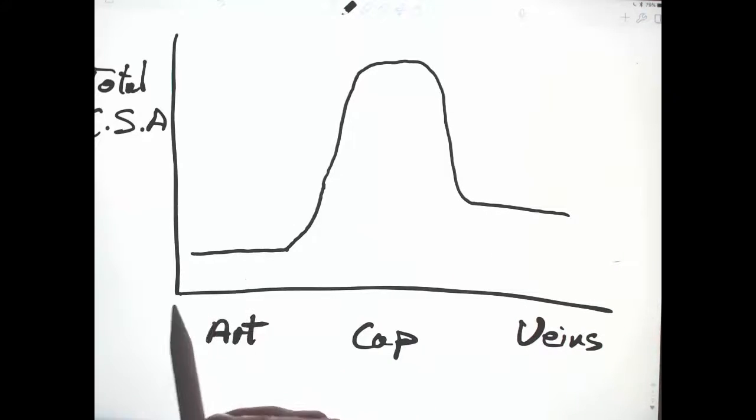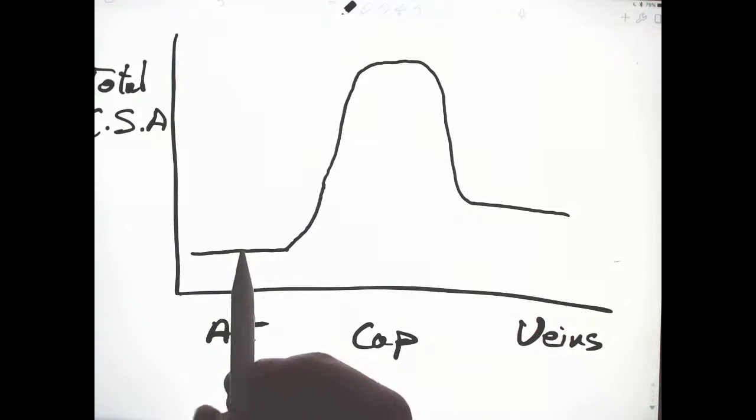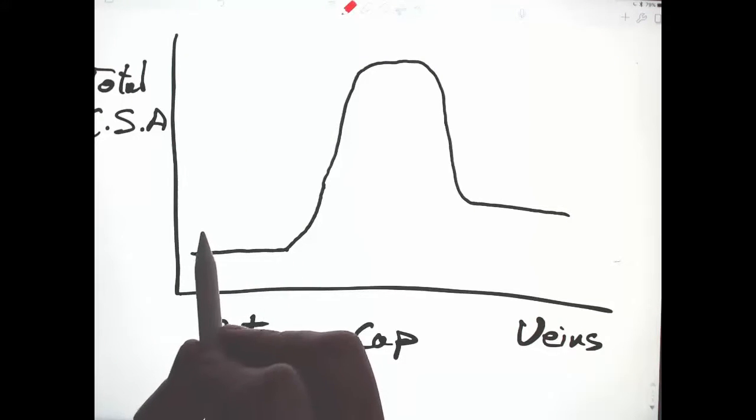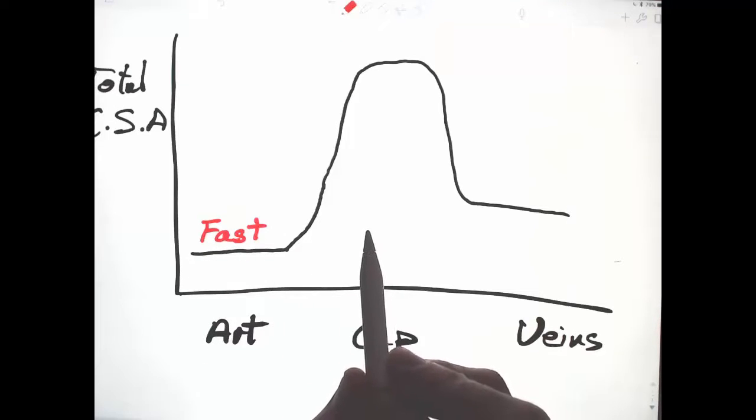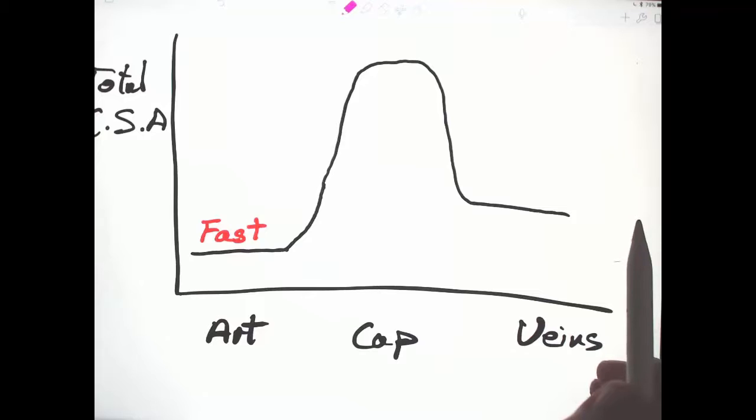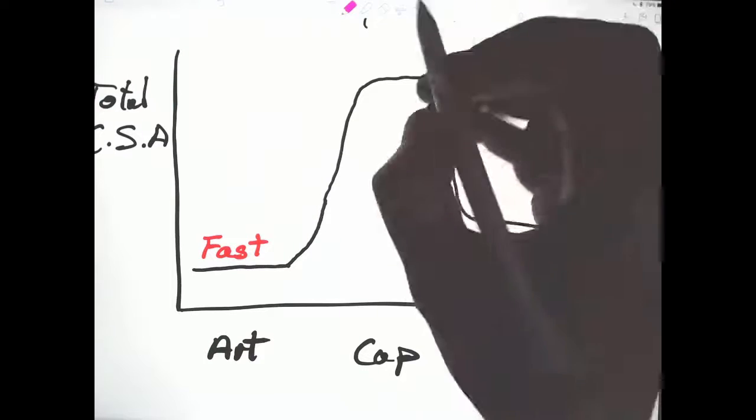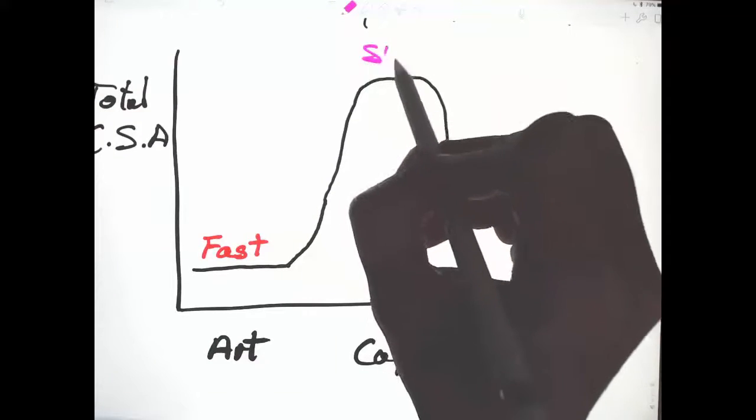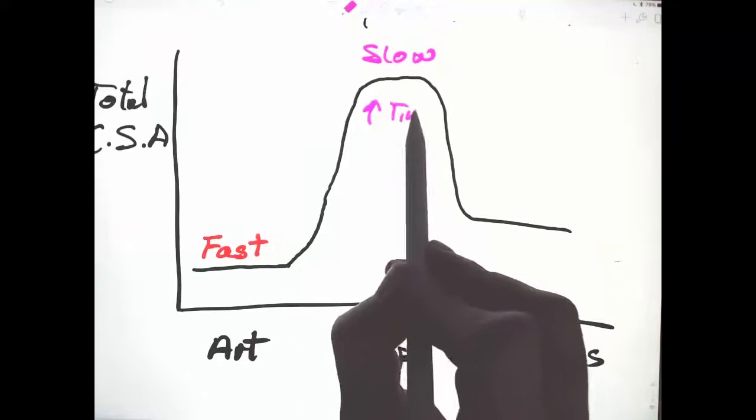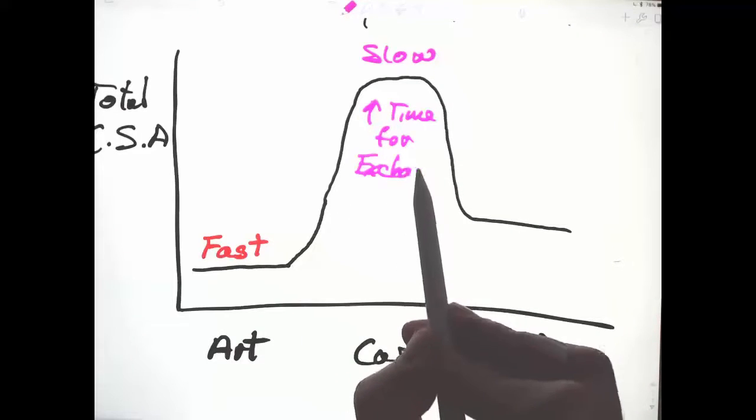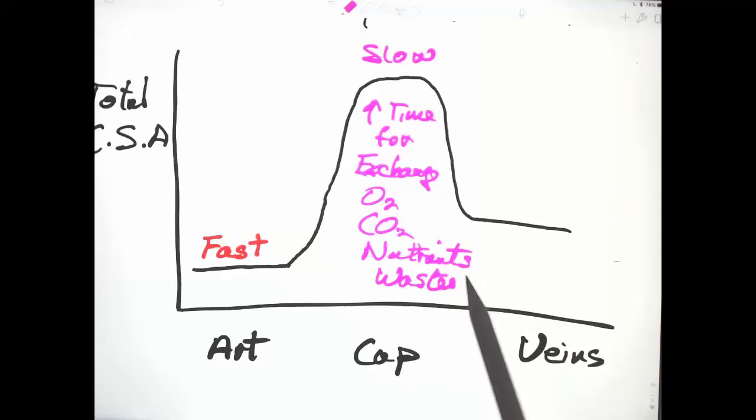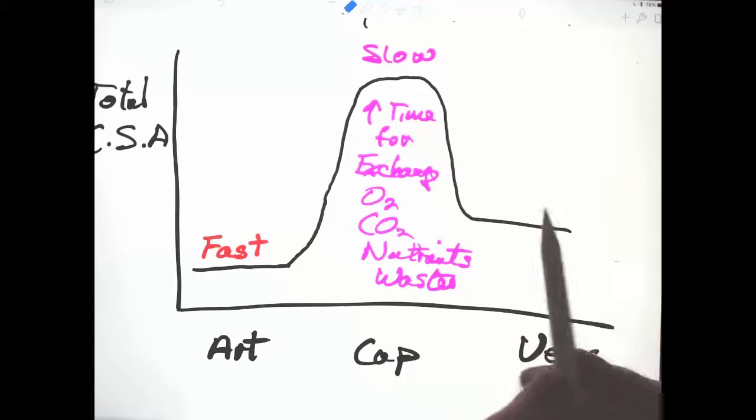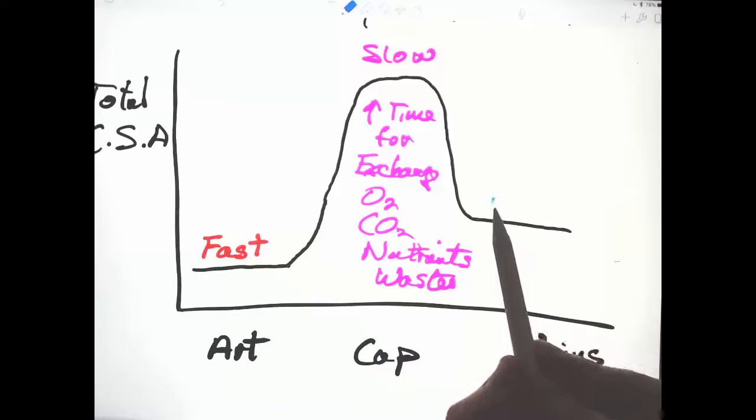Because the total cross-sectional area in arteries is narrow, you can think of them as a constricted area in a garden hose. And so blood moving through the arteries is fast. It's like the narrow part of a river or a stream. The total cross-sectional area of the capillaries is very high. And so blood moving through the capillaries is slow. That creates a large amount of time for exchange. In the veins, the rate of movement is intermediate,